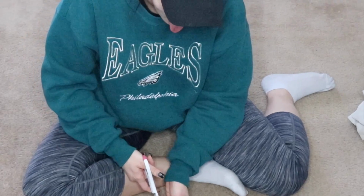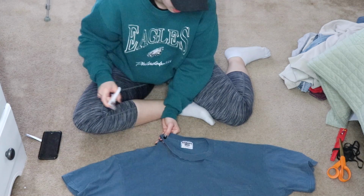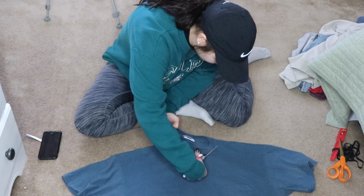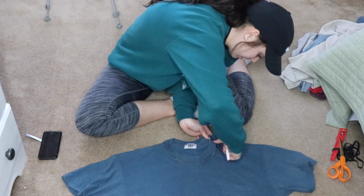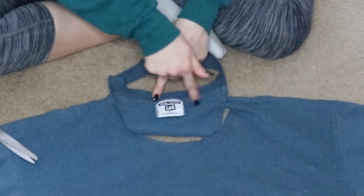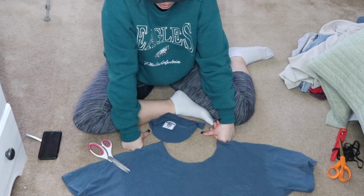Let's go. Oh, I'm dumb. Dang it. Oh well, we're doing it. It's fine. So what I should have done was cut around this and then cut around this. So now it's like,